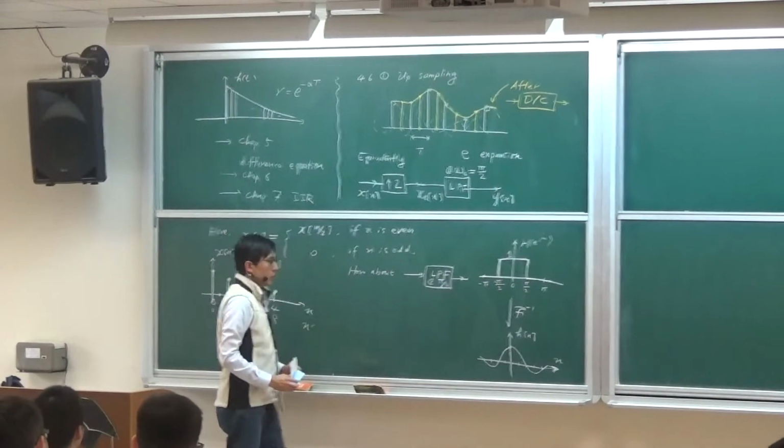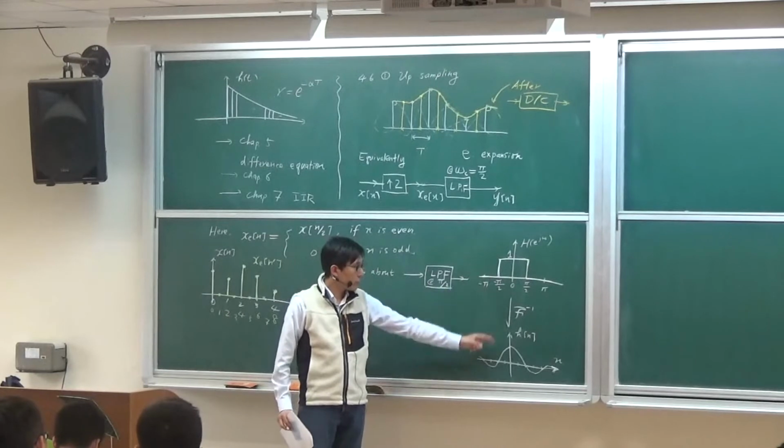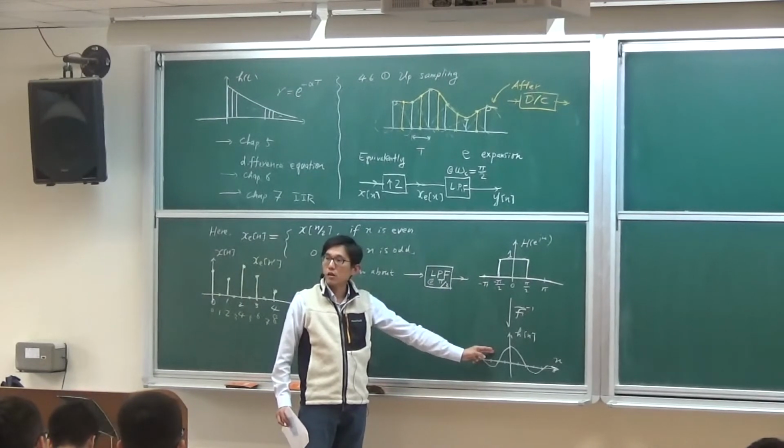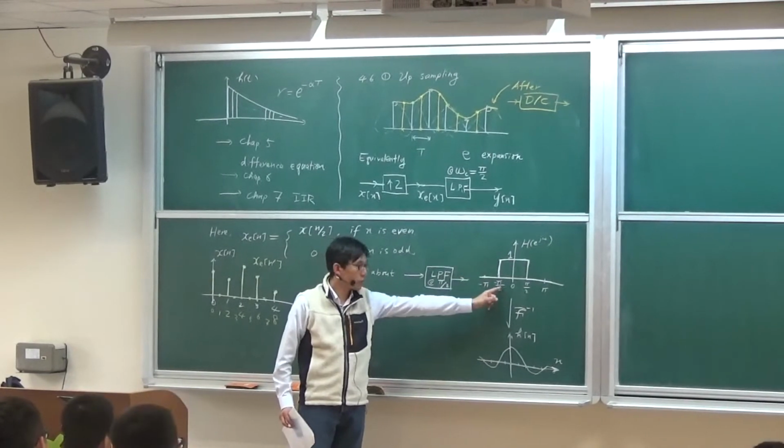Alright, so if we accept that this is the inverse transform of our ideal low-pass filter with this cutoff frequency,